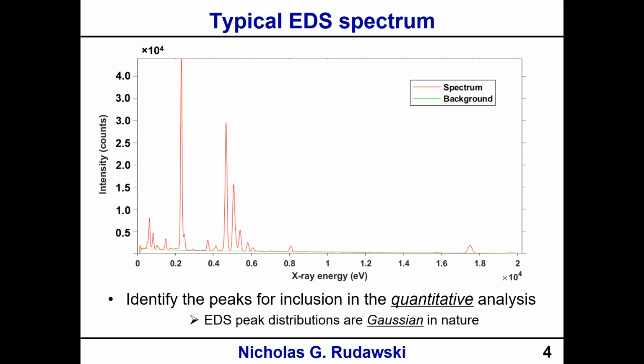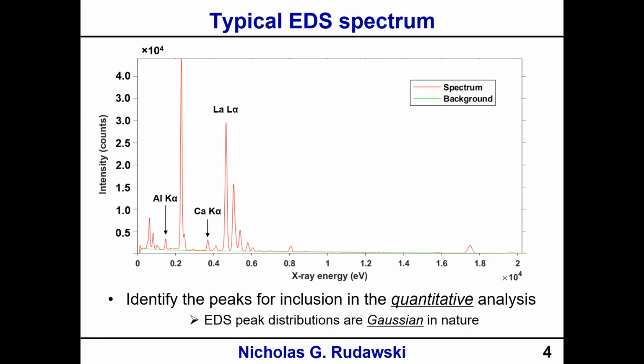The peaks in EDS are very, very well modeled as being Gaussian in shape and distribution, which is important when we talk about calculating the spread in the peaks or the error in the peaks, which we'll get into here pretty shortly. Okay, so first thing we have to do is identify the peaks that we want to include in the